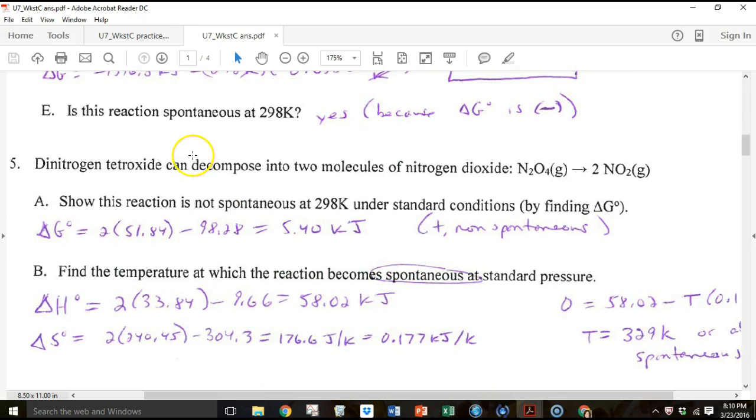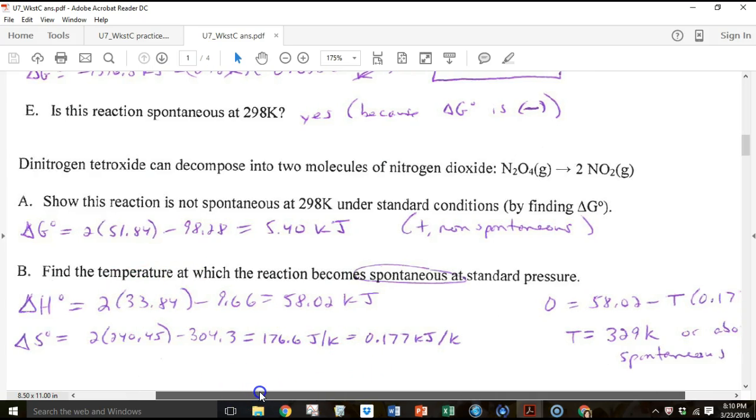All right, so hopefully you have actually done your calculation. Notice that looking up the values from the back of the book, positive, non-spontaneous, 5.40 kilojoules. It's not that large of a value. So when we look at then what I just said to do for figuring out what temperature the reaction becomes